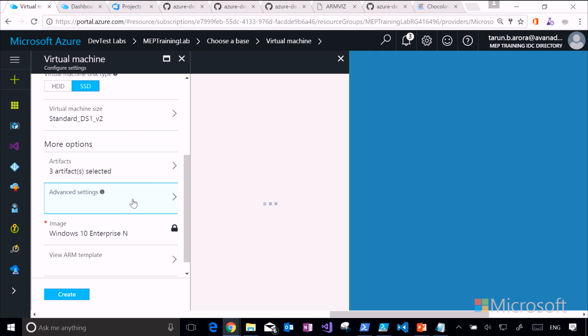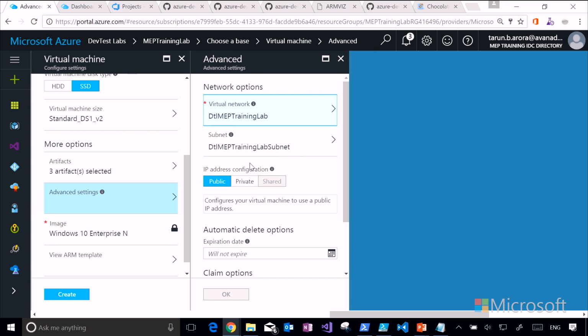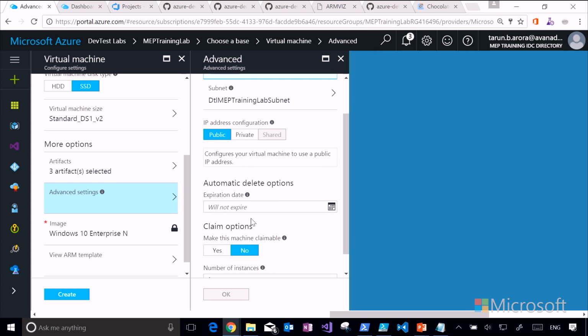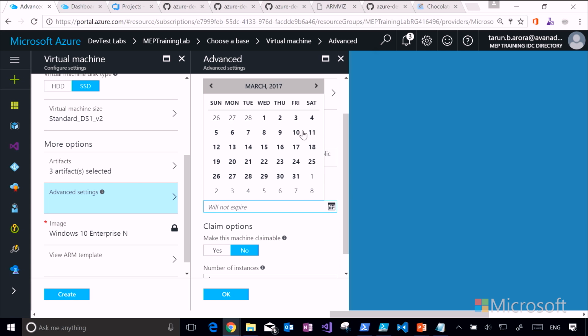Now, you have the advanced settings here. I think this has some pretty cool features to offer. For example, you have the option of automatic delete, which means you can set a time box for when this virtual machine should automatically delete itself. So for example, I'm just using this VM for purposes of demo, and I don't want to have to come back later to clean this virtual machine up. What I'll do is I'll set up an expiry date of tomorrow,